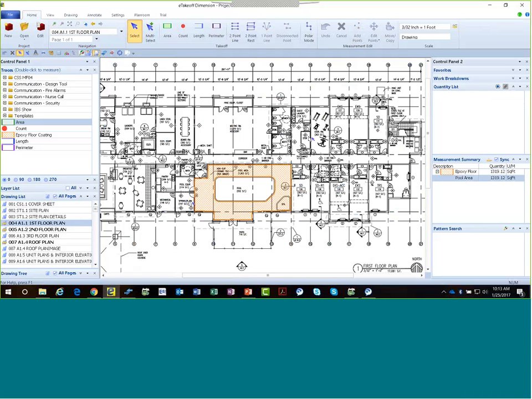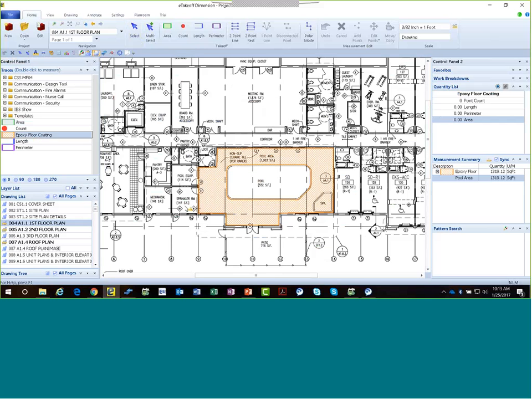Well, I see there's a couple other rooms that I want to add epoxy floor coating in. So I'm going to go ahead and double-click this to load it again. And I need the pool equipment room, the sprinkler, and so forth. I can go and touch the perimeters around it, or I can go and touch what we call our 2-point rectangle, which is just a quick way of doing rooms that are rectangular or square. So I can take that room here, jump over there,